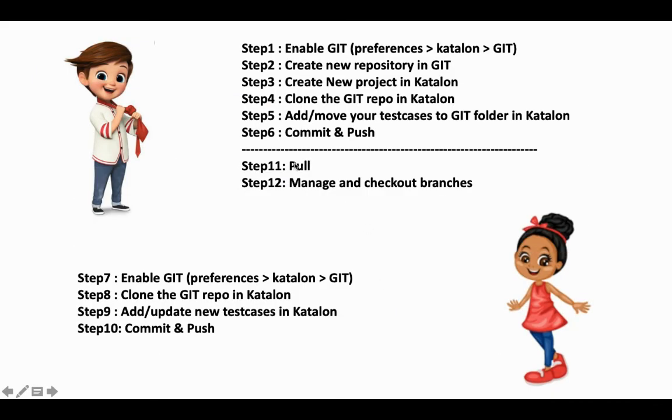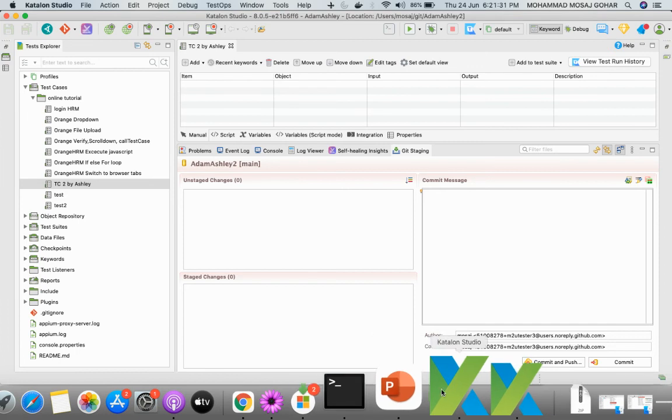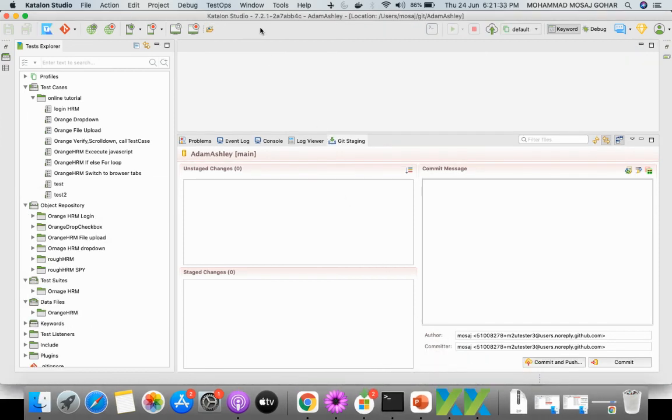step number 11 and 12. That is where Adam will pull the newly added test case from Ashley, and then he can have a final copy of all the test cases together. So Adam is on this machine with Katalon version 7.2.1. All he needs to do is go to Git. Currently, Adam doesn't have a copy of Ashley's test case, so he needs to do a pull command. So click on pull over here,